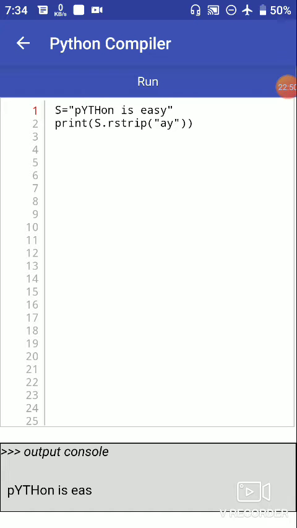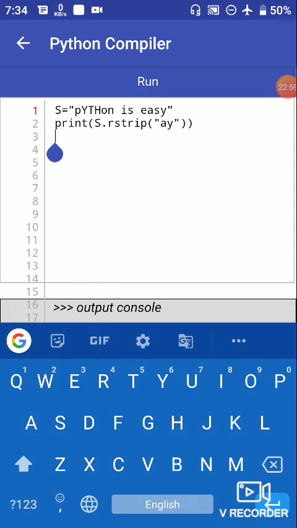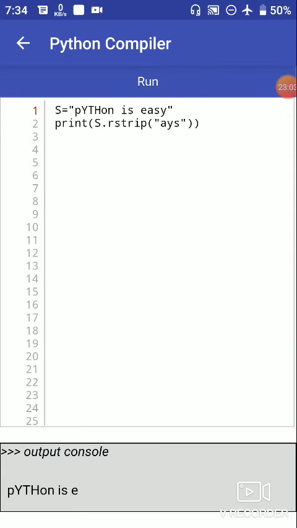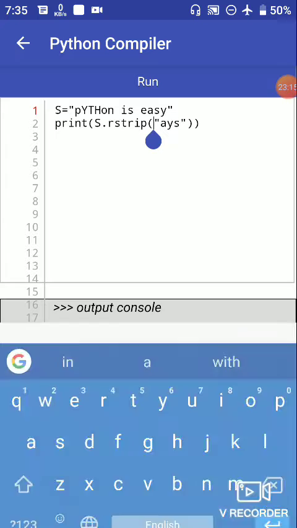It means it did not find A in that sequence from the right side, so it removes only Y. And if we use S also here and run the program, Python is E is the only printable result.